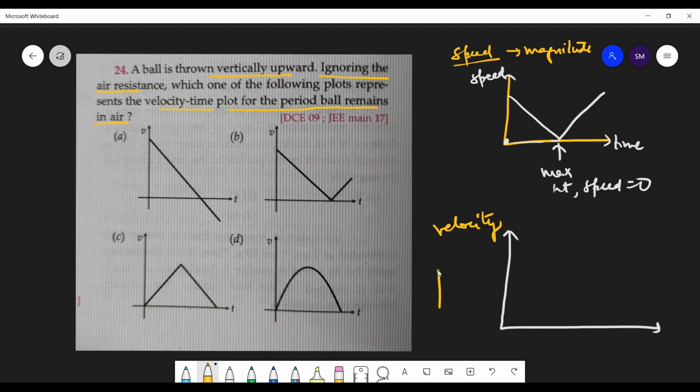Yes, sir. So if upward direction you are taking the velocity as positive, then the downward direction will be negative. Then this graph will be same. Velocity is decreasing, right? But velocity is still positive till it reaches up. Now when it starts coming down, it's in negative direction, so the velocity will be negative. Yes or no?